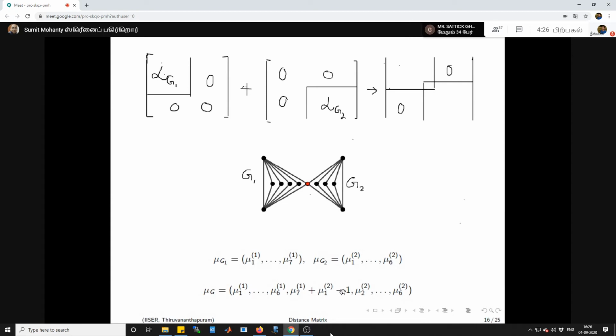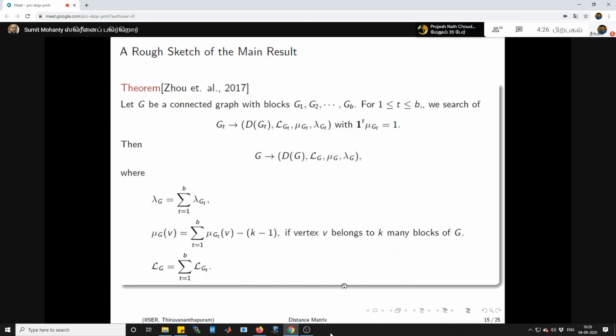It is more or less organic, if you think it is some sort of direct sum type of thing, not exactly a direct sum, but something like that. And although it was proved for the general case for Zhao, originally it was first defined in the Bapat and Sivasubramanian paper, this way of doing it.